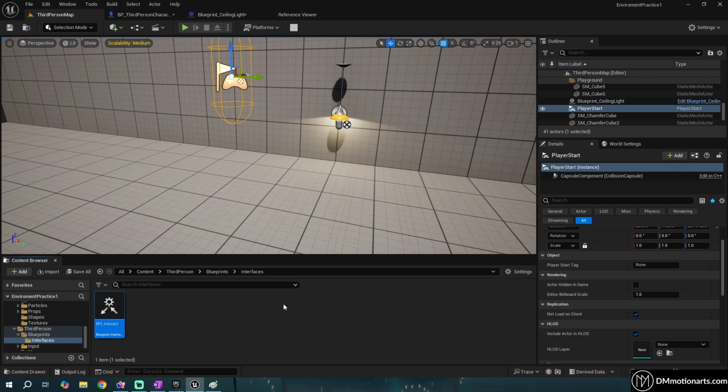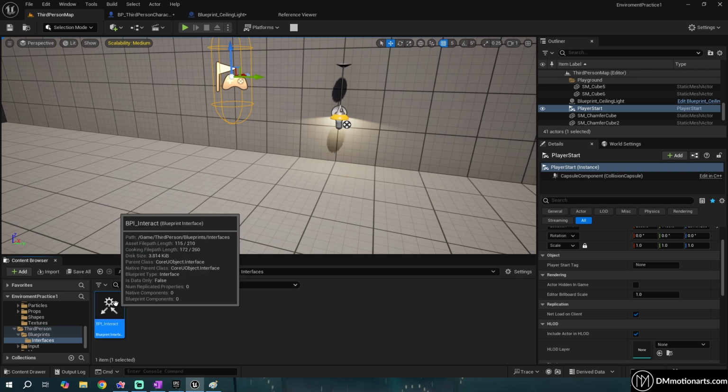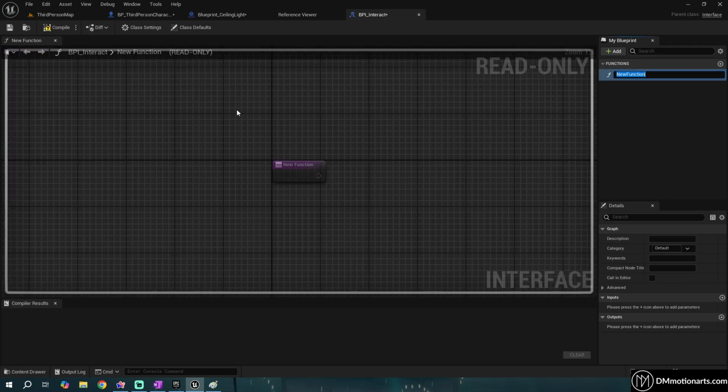Okay, the best part about using a blueprint interface like this is that it is very dynamic. So when you have lots of different stuff, you do not have to create a different BPI or interface for each one of them. You can just reuse one again and again. So first step is to create an interact functionality. Sorry, an interface blueprint,